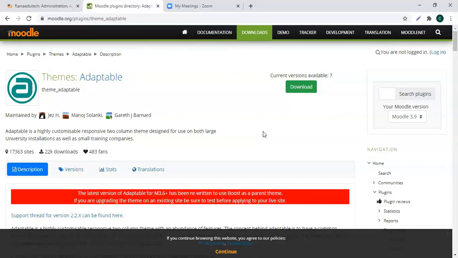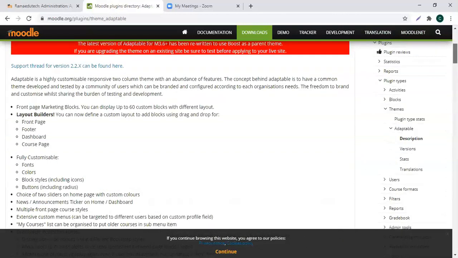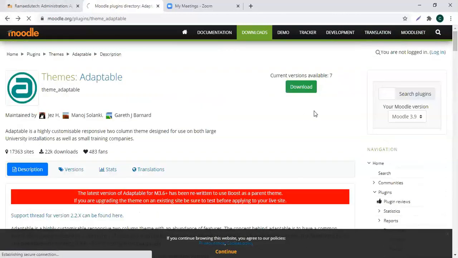You create an account on moodle.org, log in, and then you will get an option to install directly here. As you can see, there is only an option to download right now because I have not logged into my account. But if I log into my account, there will be an option to install as well. I will show you.